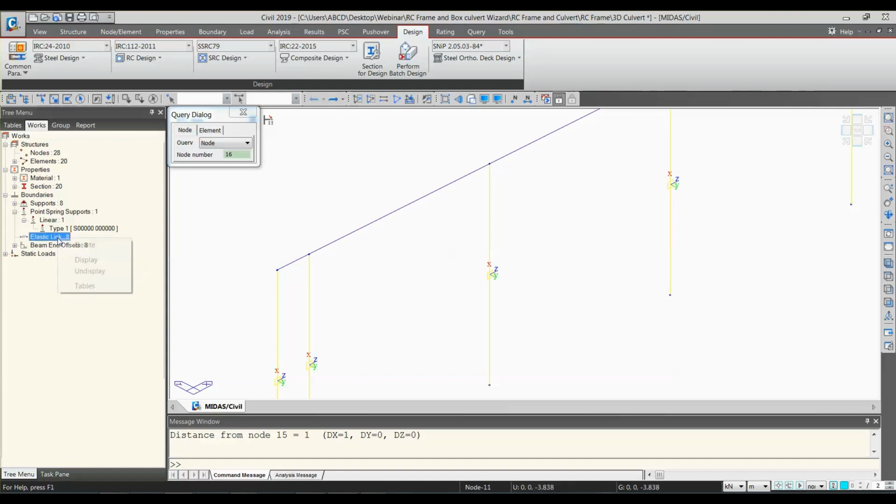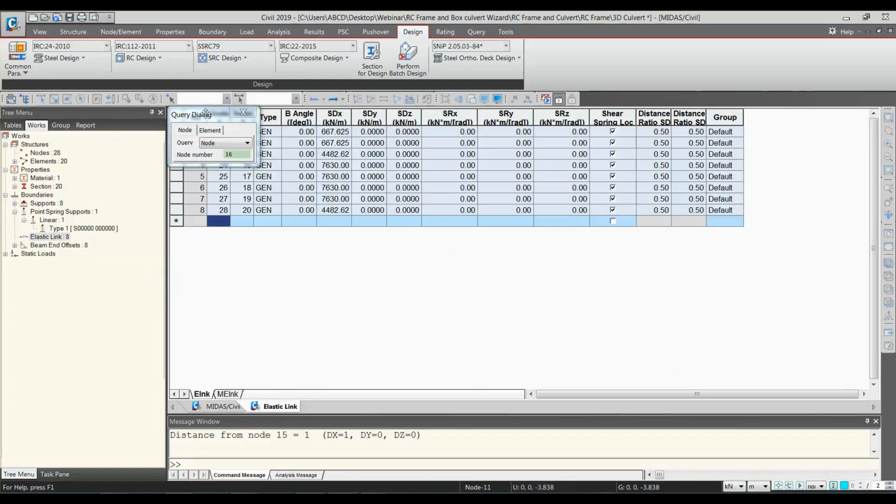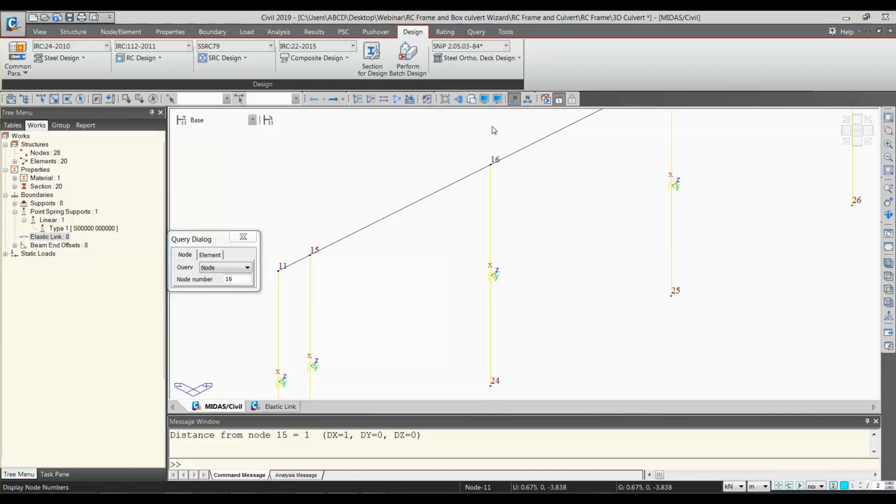Okay, so if you see the elastic link table, this would be SDx. Now let's see the node number. So this is from 15 to 23.